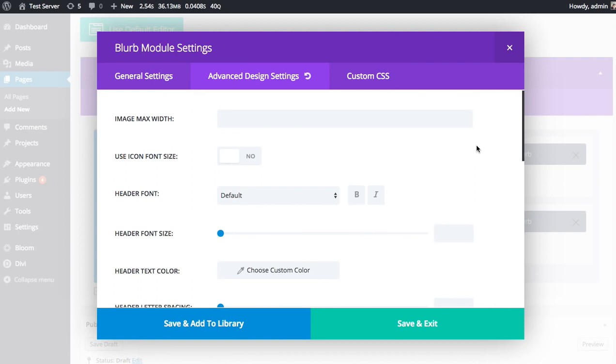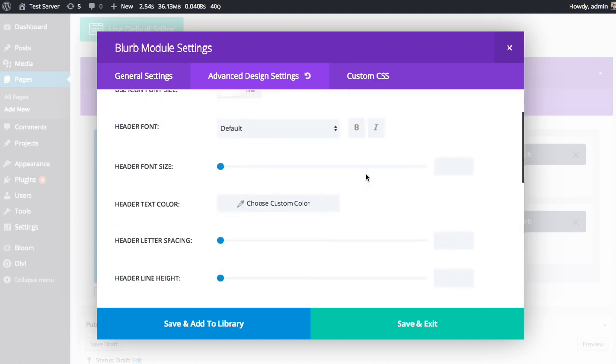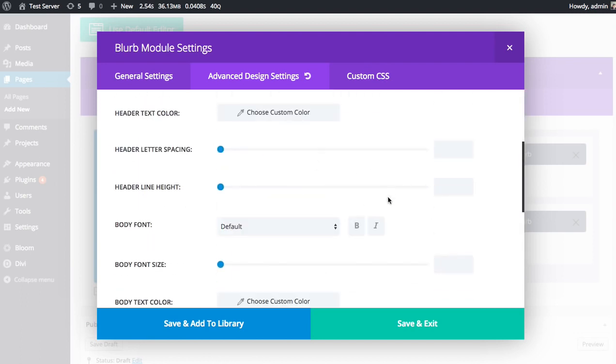and it's perfect. And down the road, I want to use that same exact module as a starting point. I don't want to have to reconfigure all those advanced design settings and custom CSS settings. I just want to save that for later use. Well, that's a perfect way to use the library. So I'm not going to go through the time of configuring all these options, but let's just say I've spent a lot of time on these advanced design settings and it looks great and I want to save this for later. Well, you can do that by just clicking the save and add to library link,